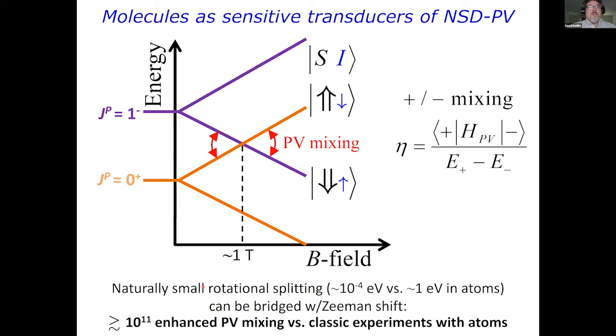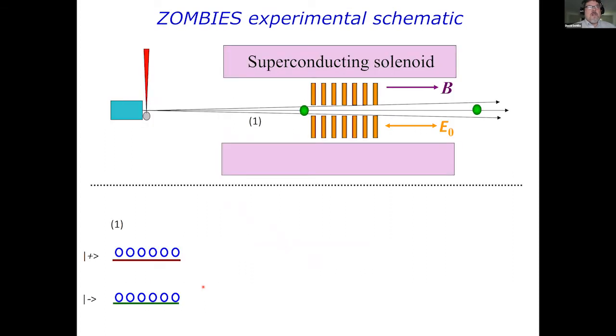Here's where we actually go about the measurement. We start with a molecular beam. In this case, barium fluoride is our first target system. The molecular beam is relatively cold, but still these even and odd parity states are of such low energy that they're both equally populated in the Boltzmann distribution. The molecules then fly from left to right into a superconducting magnet that determines the magnetic field that tunes them to degeneracy. Before any real interactions, they're hit with a laser beam that optically pumps one of these states to deplete it and leave it empty.